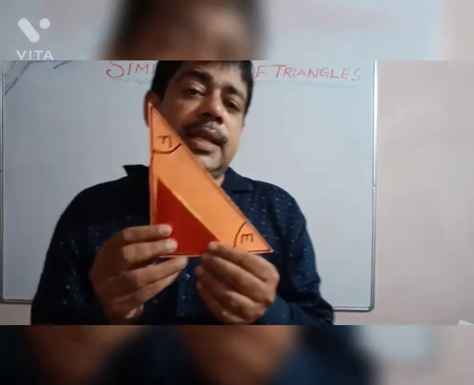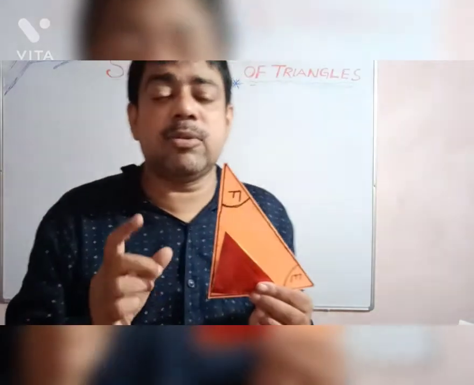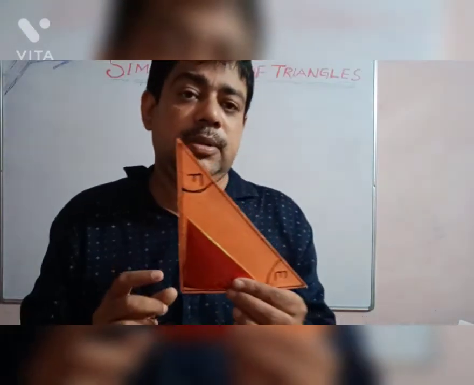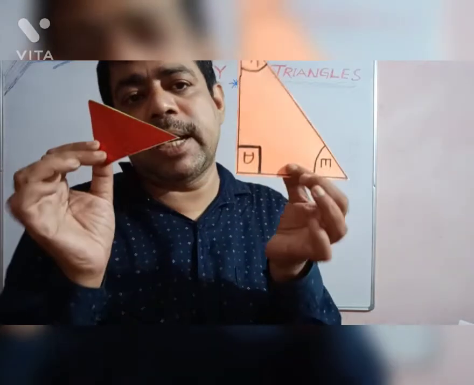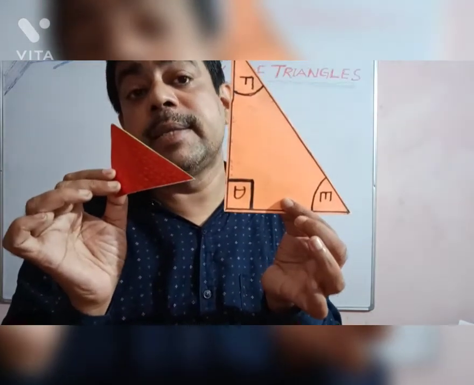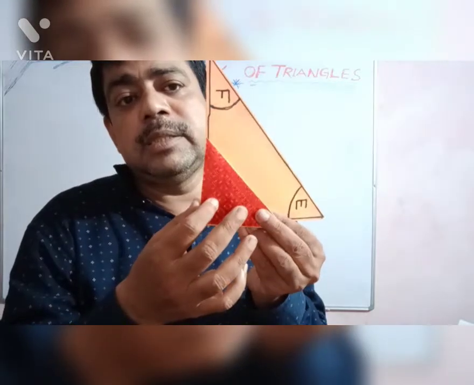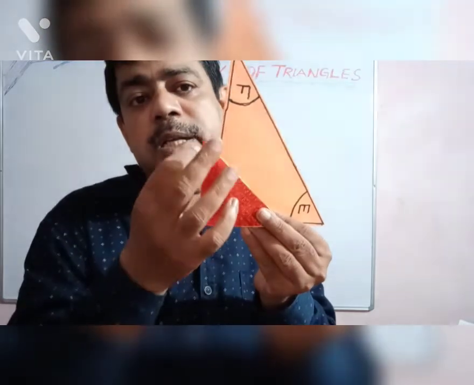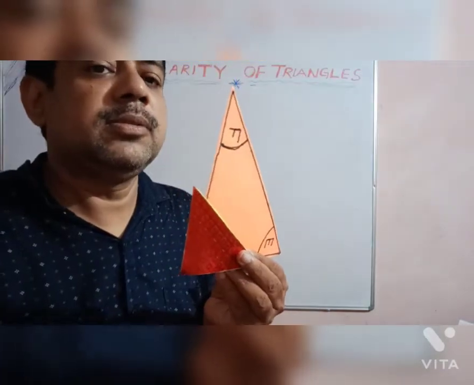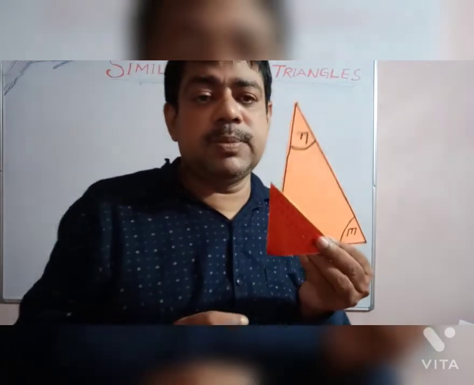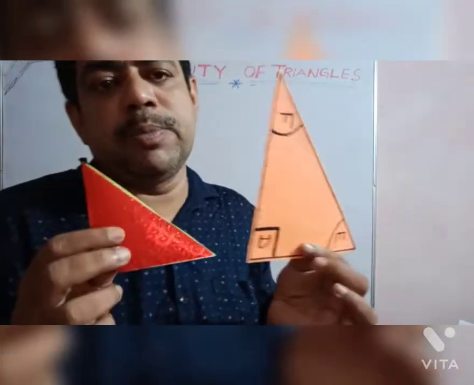And there is another condition. In congruence, when two objects are congruent, their corresponding parts are equal. In similar objects, when two objects are similar, these two triangles can be similar under a certain condition. What is the condition? If the ratio of this side and the corresponding ratio of this side, if the ratio of their corresponding sides are equal, then the two triangles are said to be similar.